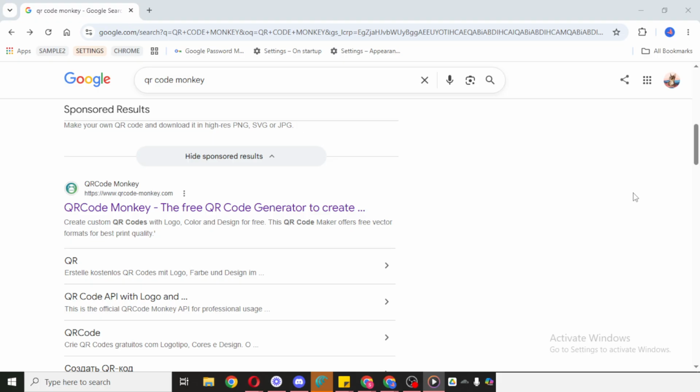To begin, go to your website and make sure you have the correct domain link ready. This is important because the QR code will send people directly to that exact web page or home page, so you'll want to double check that the address is correct before moving forward. If needed, copy the full website URL so it's easy to paste in the next step.